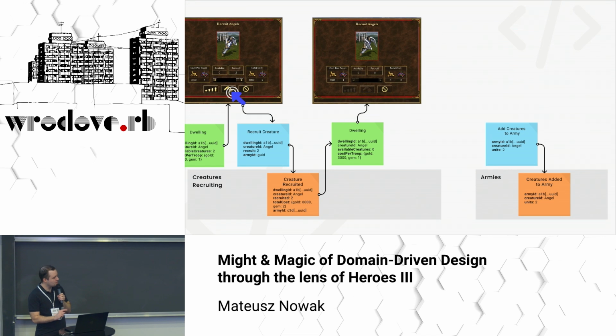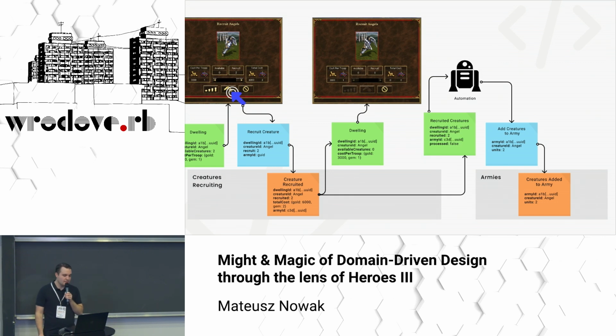So we draw those modules as gray rectangles on the diagram, and we enclose events inside them. Those modules do not know about each other's existence at all, but we don't operate in a void, and we need to somehow communicate between them. It's where the process orchestrator comes into play.